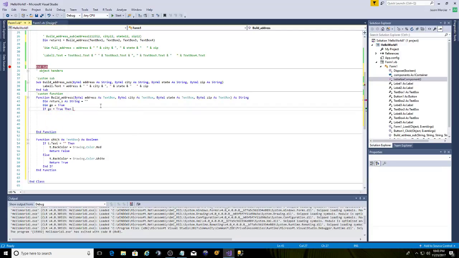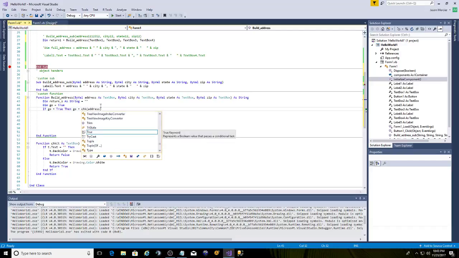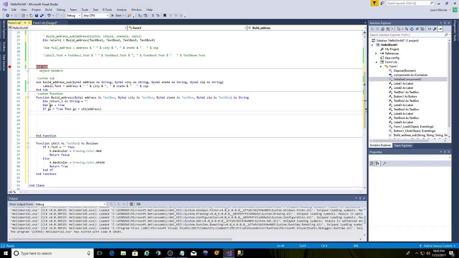equals true, then we're going to check our address box. So chk address. All right. And we're actually going to say go equals check address. So what we're going to do is if go is true, which it is, we already know that in the first one, that's perfectly fine, then go equals check address. So then we're going to pass in the address box, and it's going to go